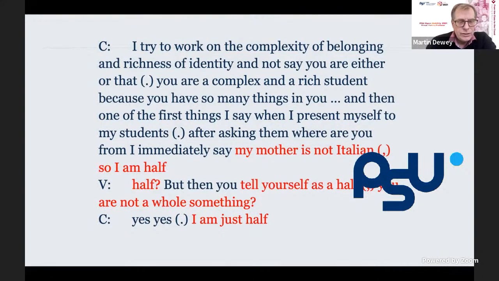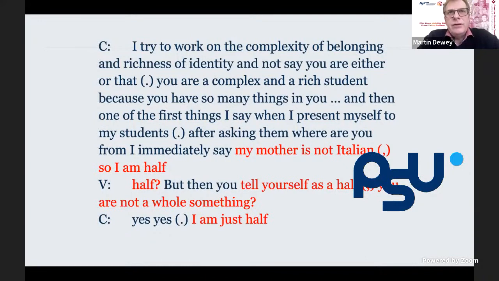So this is talking to another researcher. The V is the initial of another researcher. She says, my mother is not Italian, so I am half. She describes herself as half. So she talks about richness of identity. I tried to work on the complexity of belonging and richness of identity, but I'm half. And then the researcher, Veronica, says, you tell yourself as a half, you are not whole or something. So this is, again,